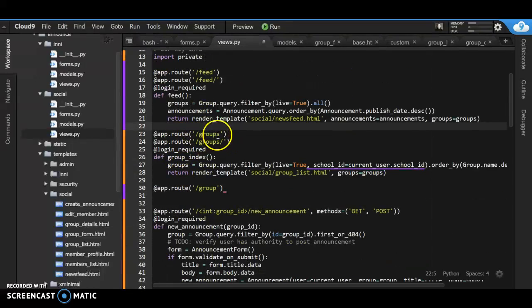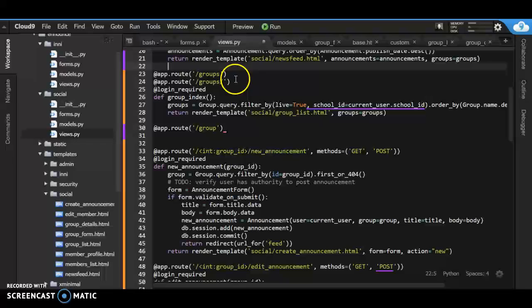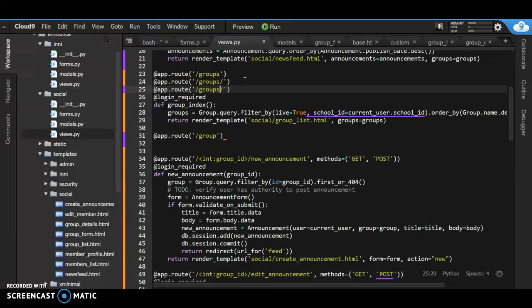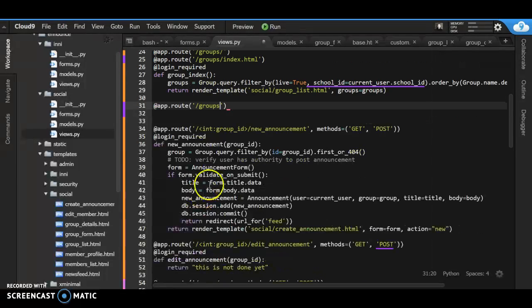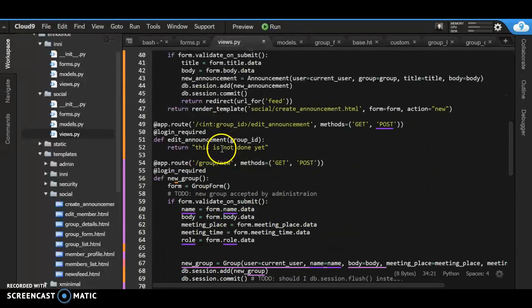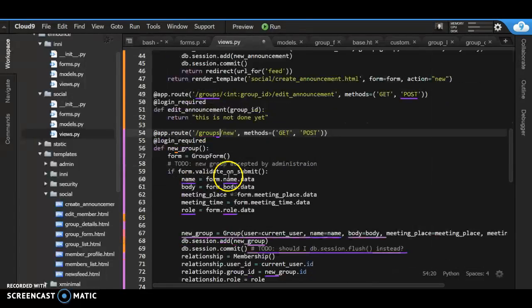the first one, because then we have the groups index, and we can do one more like this, groups.index.html, in case someone's old school like that. And then groups, let's have all of these groups, groups, and then the number of groups, and then new announcement. So everything sort of makes sense here. Groups, new,